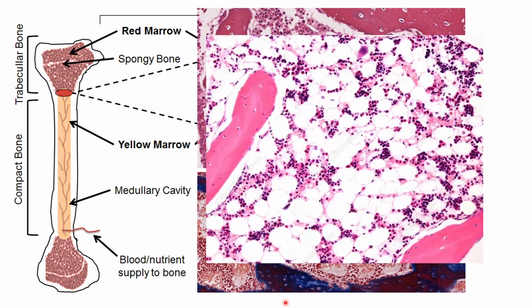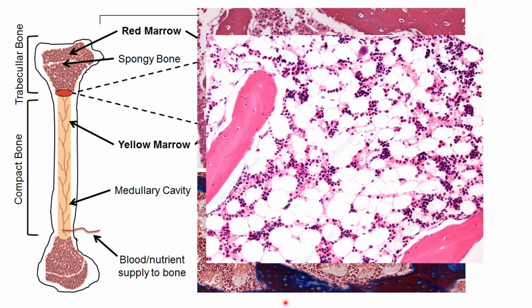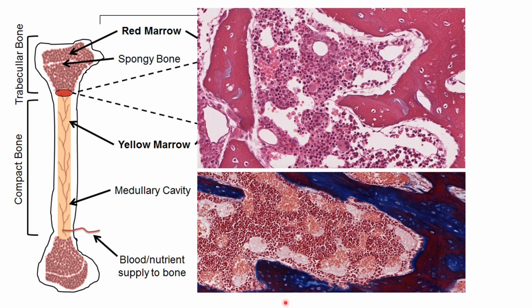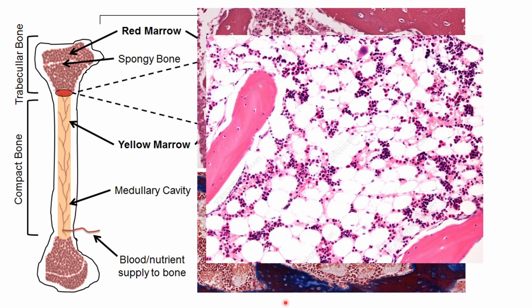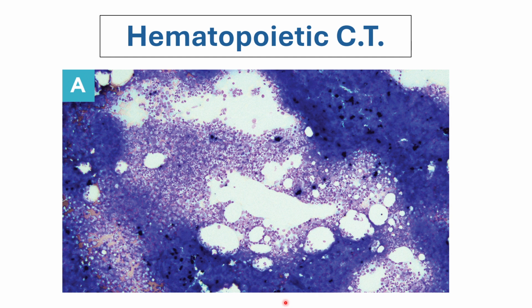Again, these are your bone marrow and this is your yellow bone marrow, and keep in mind that your yellow bone marrow can actually become your red bone marrow if it wants to be active, and if it wants to become inactive, it will turn into your yellow bone marrow. Again, it's quite difficult to collect. These are actual examples of your bone marrow smears.